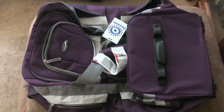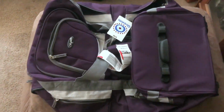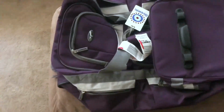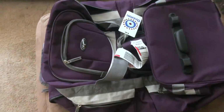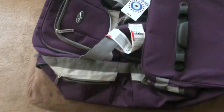And we got these for our trip. We didn't want to spend a ton of money, but we also didn't want to bring our nicer suitcases along because we knew we'd be trekking through jungly kind of places. So we found these ones by Olympia and really liked it. It's only been on one trip with us, but pretty awesome. So I'll go over the design and the features and what I like most about this